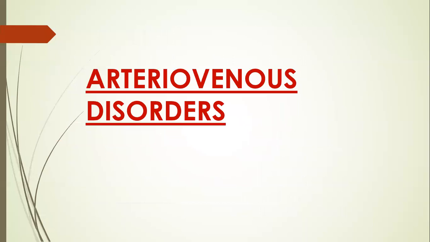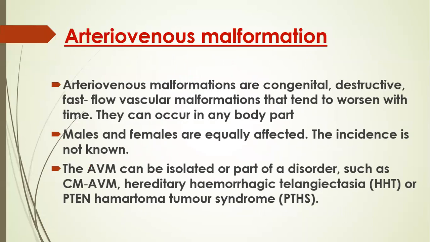Now we have come to the arteriovenous disorders. Arteriovenous malformations are congenital, destructive, fast-flow vascular malformations that tend to worsen with time and can occur at any body part. Males and females are equally affected, and the incidence is not known. The AVM can be isolated or part of a disorder such as capillary malformation AVM, hereditary hemorrhagic telangiectasias, or PTEN hamartoma tumor